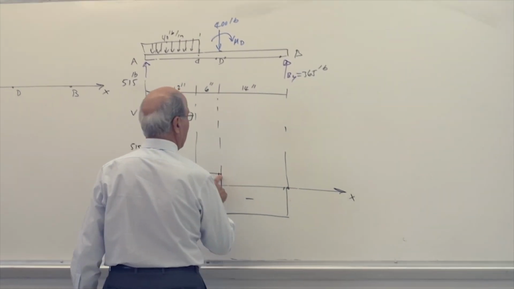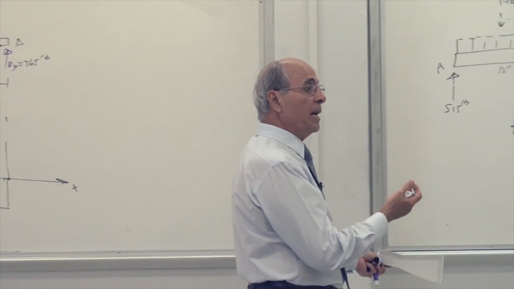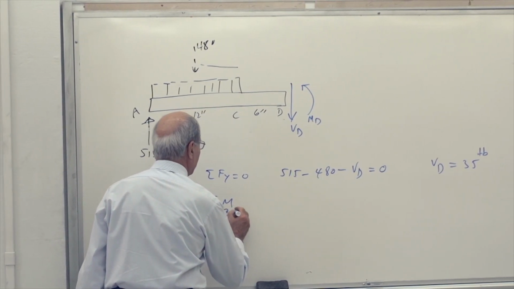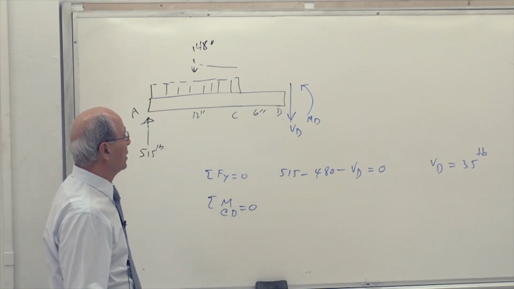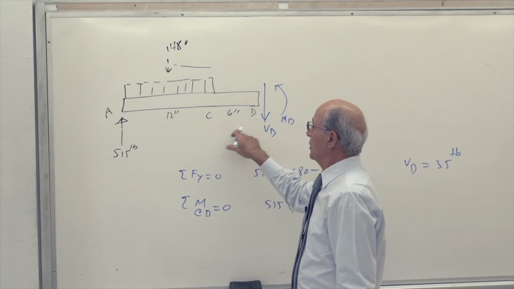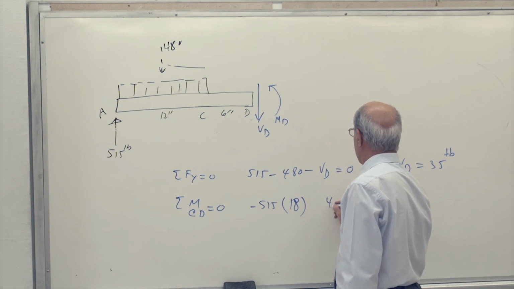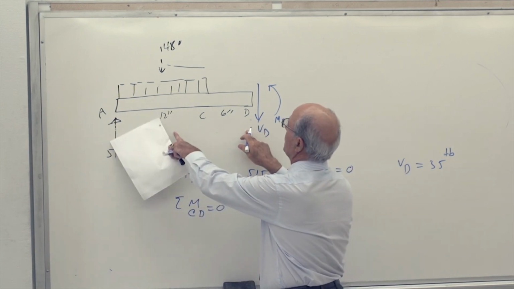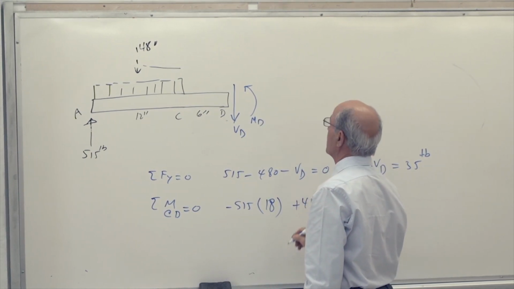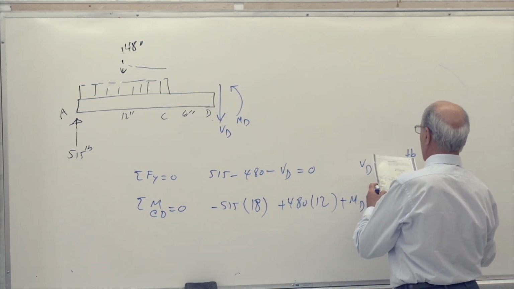At C was 35. At D was 35. Everybody with me? Yes? Now we need the MD, because that was the only question, to see whether it's going up or down. So sigma M, again, at point D equal to 0, like before. This time we have 515 times 18, negative. And then we have 480 times this distance from here, which is 6 times 12, correct? And that one is plus, nothing else added, plus MD equal to 0, and MD ends up to be equal to